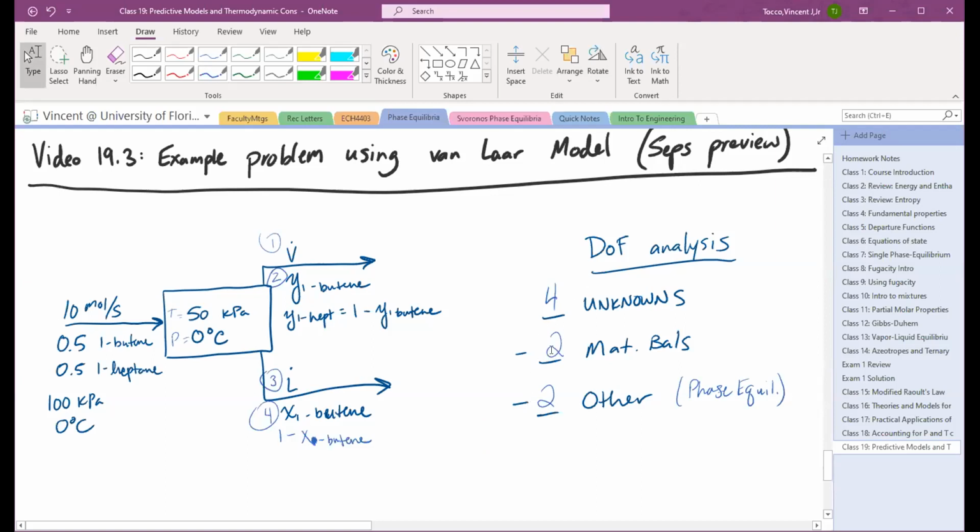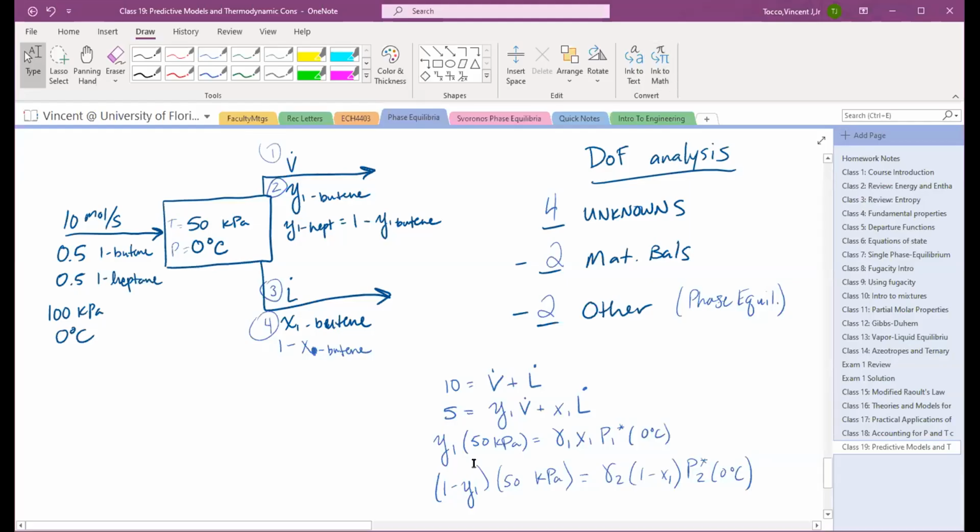So write the 2 material balances and then write the 2 phase equilibrium relationships. All right, here are my 4 equations that I'm going to use to solve for the 4 unknowns of the problem. First, I have 2 material balances. So I have the overall balance and a butene balance is the second equation. The third equation is the phase equilibrium relationship for 1-butene, and the fourth equation is the phase equilibrium relationship for